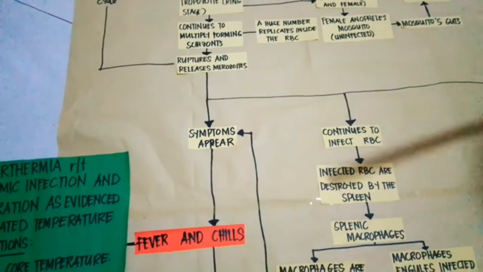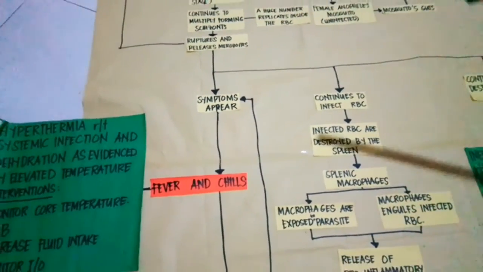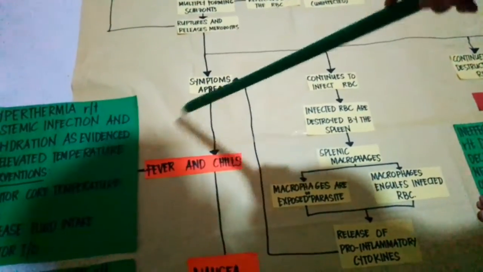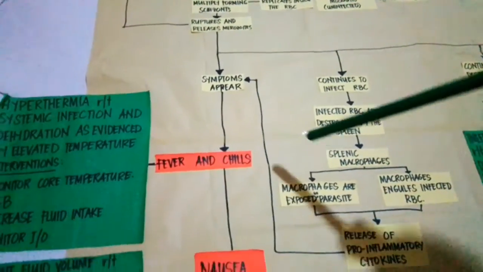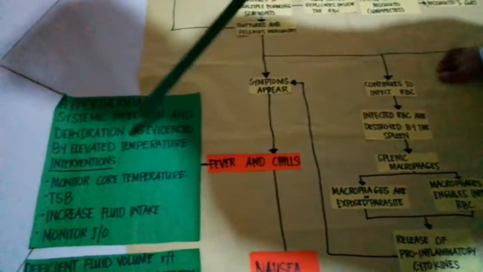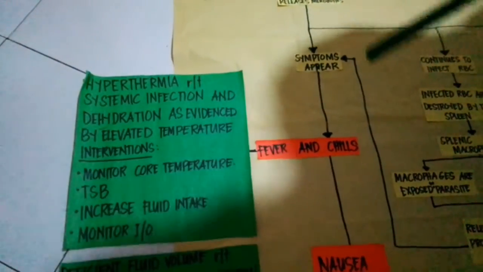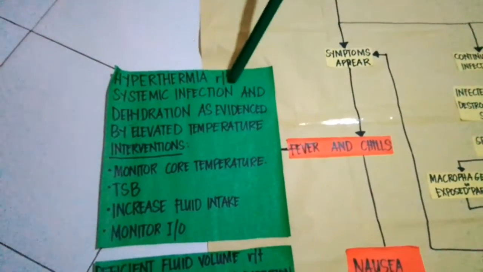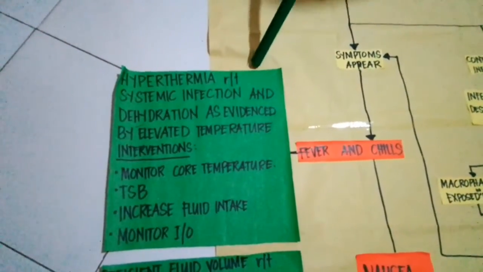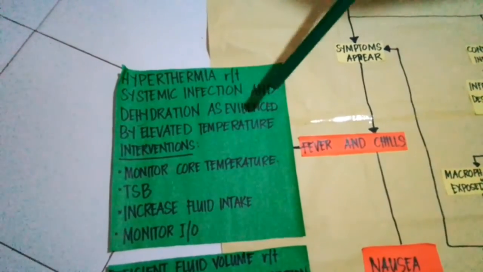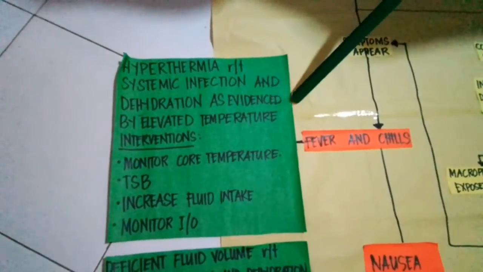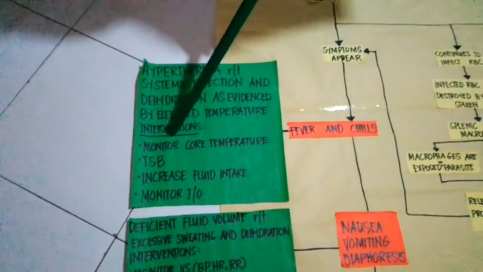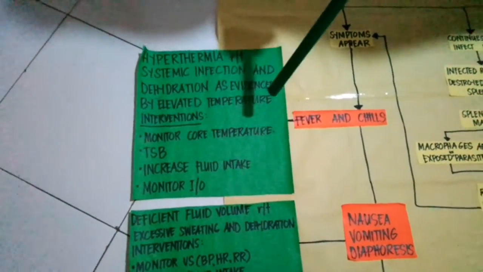So one of the symptoms would be fever and chills. For fever and chills, the nursing diagnosis would be hyperthermia related to systemic infection and dehydration as evidenced by elevated temperature. Interventions would be to monitor core temperature, give a tepid sponge bath, increase fluid intake, and monitor the input and output of